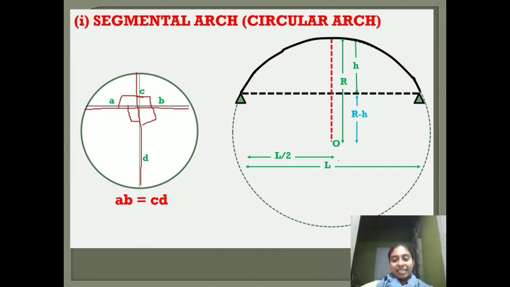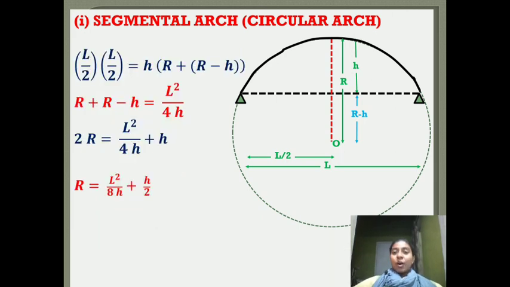If the chords are segmented by each other, we know A multiplied by B is equal to C multiplied by D. A multiplied by B is equal to C multiplied by D. So we are going to use this theorem for our arches. Now we know, see this is the center, this point is, we'll use another color, okay. So this point is the center of the